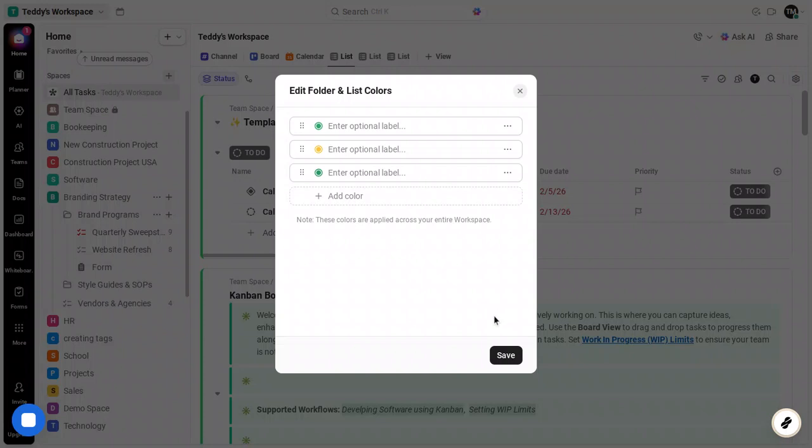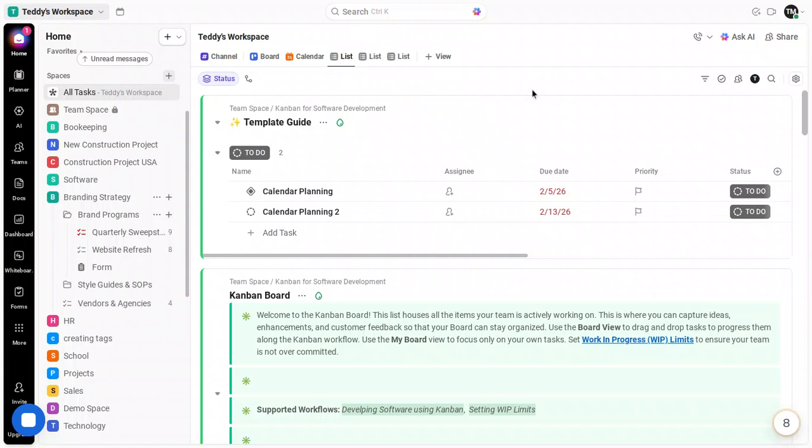This adds the tag from the list level so you can apply it to tasks quickly without opening each one. If you want to add another tag, repeat the same action and create the next one right there. That's it. Two straightforward ways to create tags in ClickUp, from within a task's details and directly from the tags